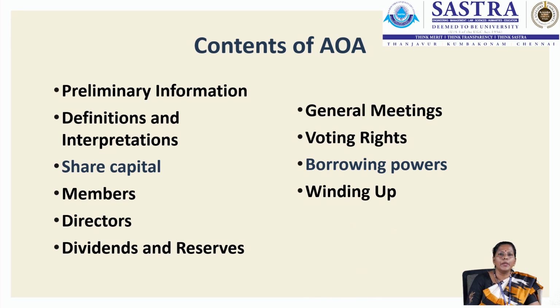Under winding up, the company would be mentioning the type of winding up that the company would be following. Normally, there are two types of winding up. One is the voluntary winding up, another is the involuntary winding up. If we look at the voluntary winding up, it could be the member voluntary winding up, wherein the members would be deciding to close down the company,